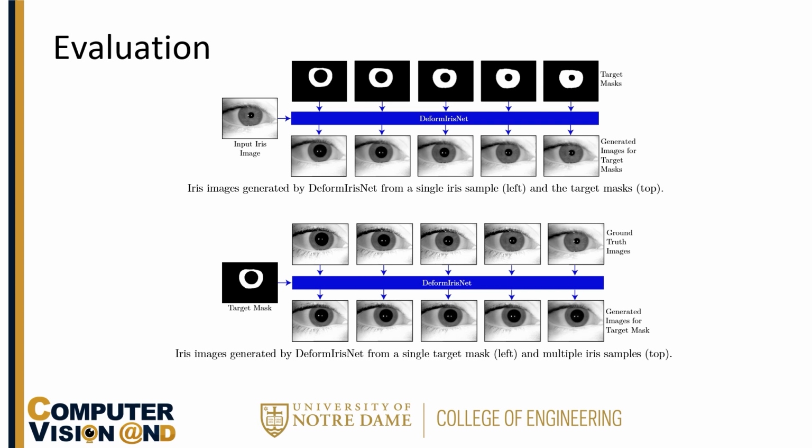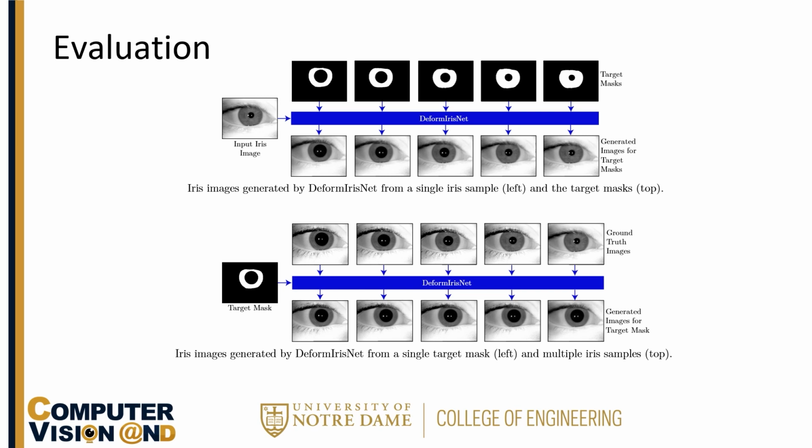So we can see that when the pupil size variation is very large, we get a blurrier texture, showing that the network has a harder time when the pupil size change is very large. But if we compare the different images, for example, the bottom row of the first image and the first row of the second image, we can see that even though the texture might get blurrier, it still preserves a lot of the textures that are important in identification, and we do see similarities between these